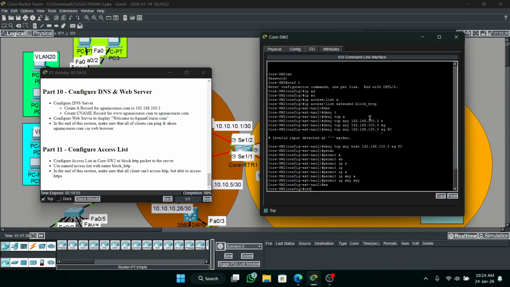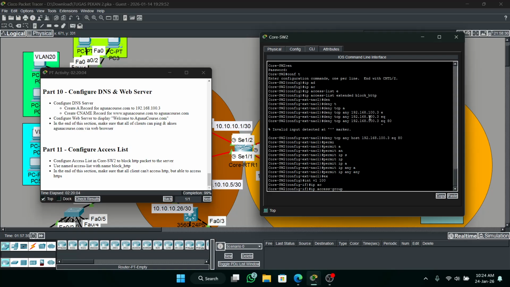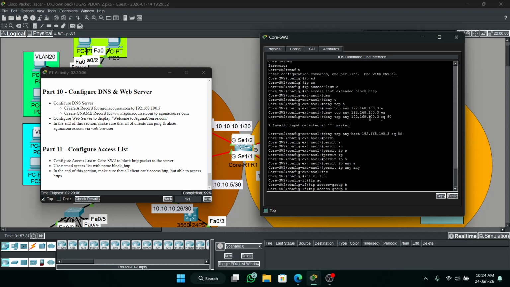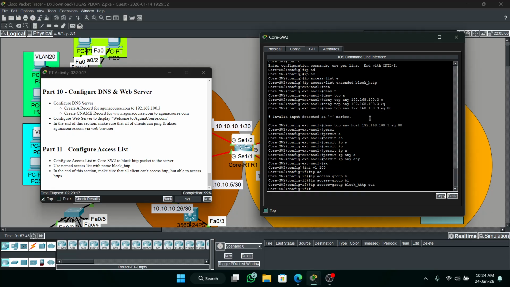Then go to the interface VLAN routers. IP access-group block HTTP out, then exit.